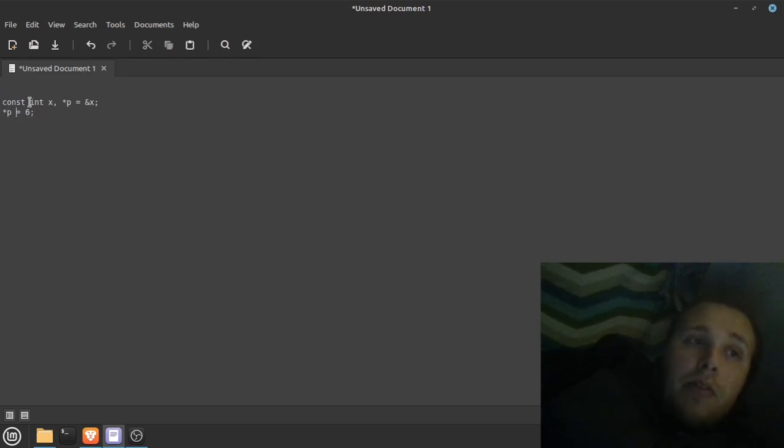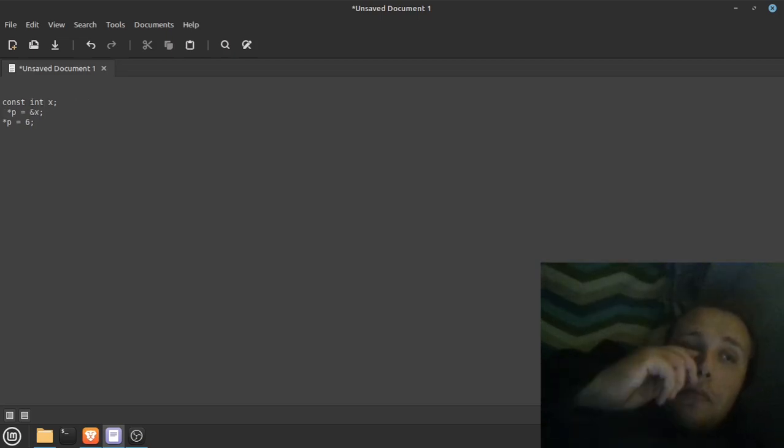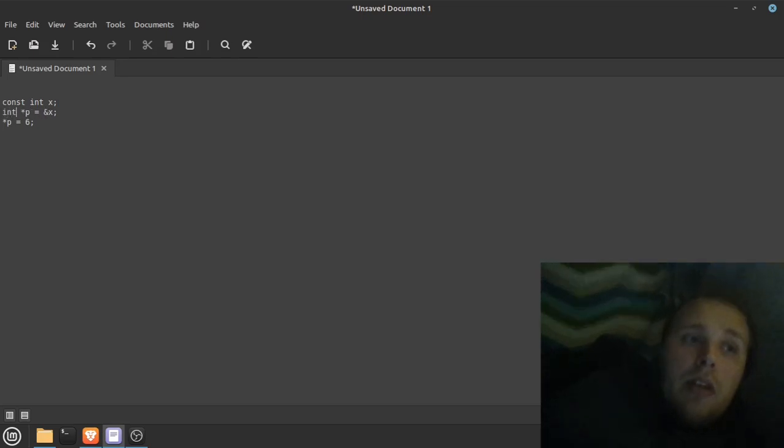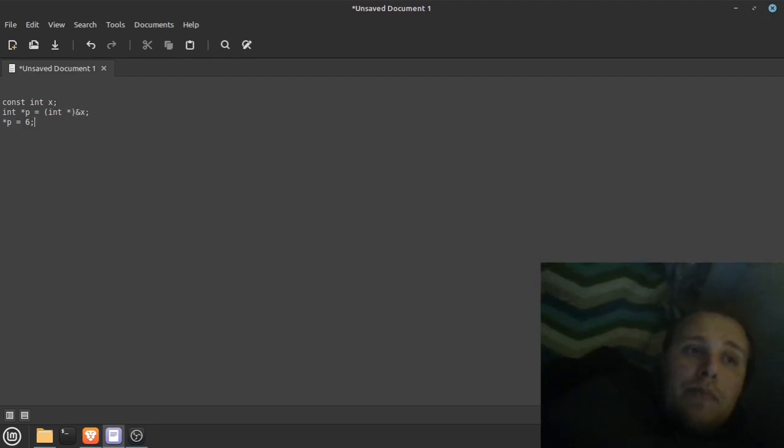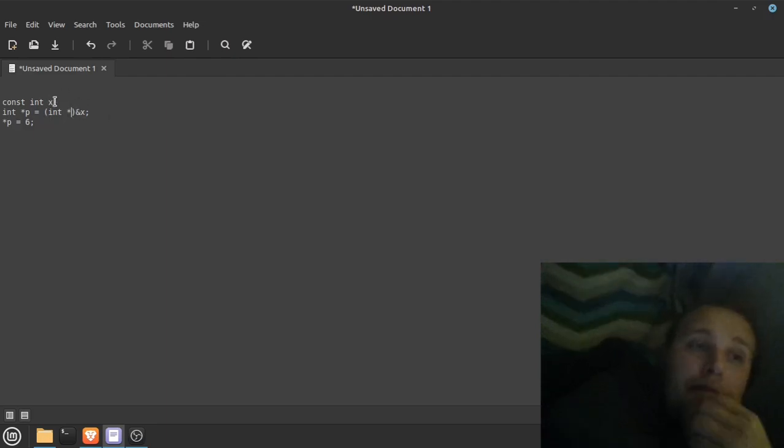But what the compiler probably won't catch would be if we did something like that, and then int *p = (int *). Alright, so this is something that the compiler probably won't catch. The reason why is because we did an explicit typecast here, which means that there's no implicit conversion from a constant to an int. So this wouldn't be an error, but our pointer value here is variable, but it's pointing